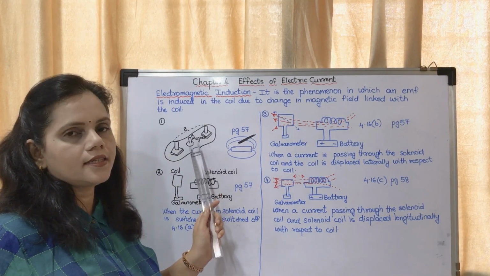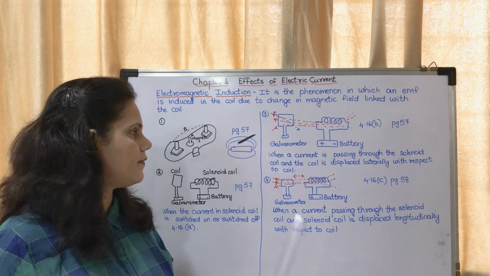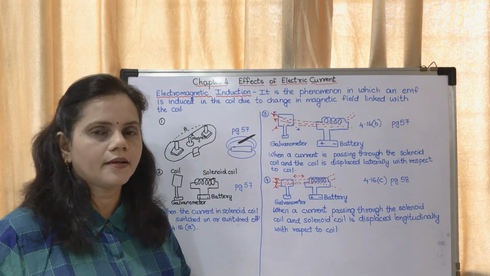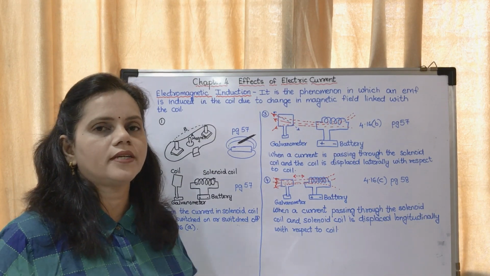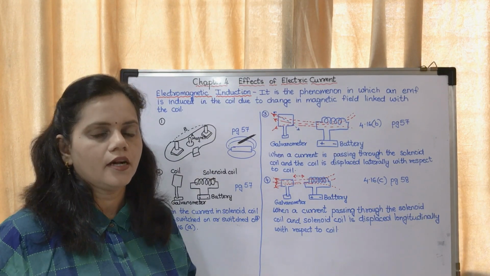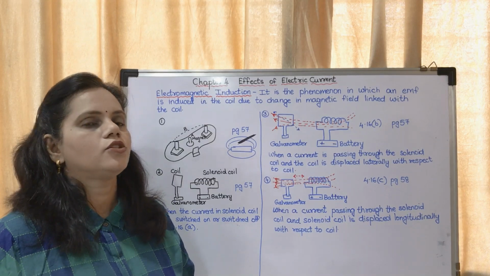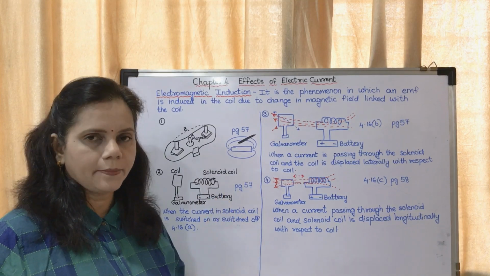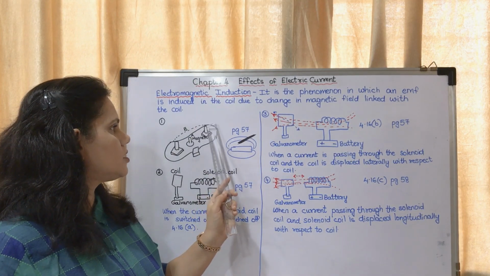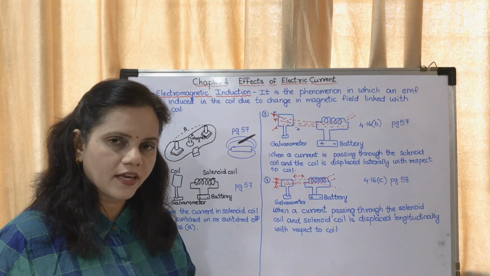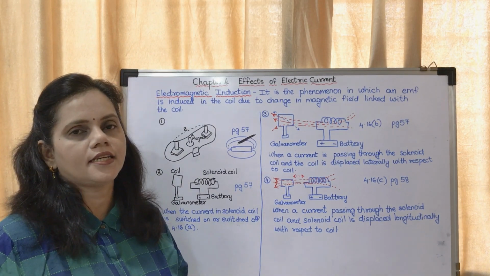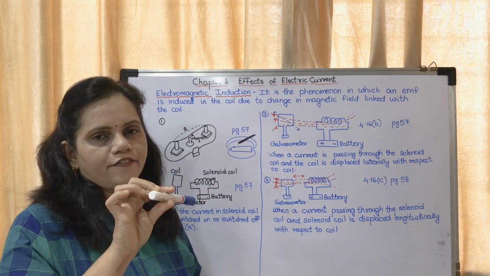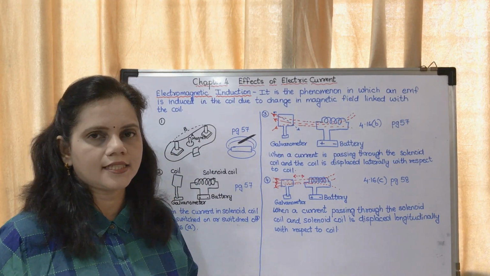What does that mean? This is a wire and this is a magnet. The magnet has its magnetic lines of force. What is the wire doing? The wire is cutting the magnetic lines of force, perpendicular to each other. So when the wire is moving in the magnetic field, the electrons in the wire will start moving, and that is electricity. Due to that current, this galvanometer will show deflection. Have you understood? That is the experiment.